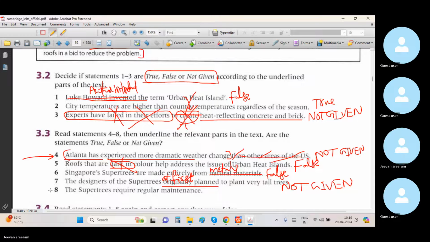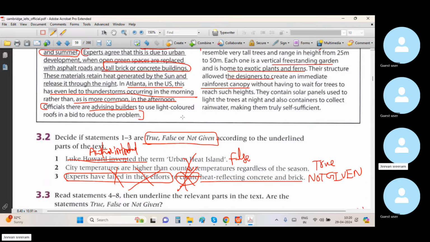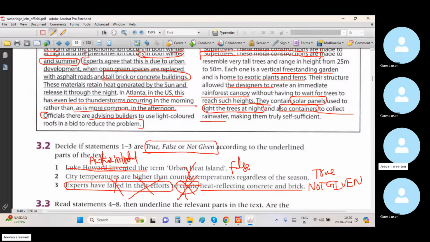Guys, do super trees require regular maintenance as per the passage? Super trees contain solar panels, used to light the trees at night. Okay, even at night there is no problem with light. They also have containers to collect the rainwater. The plants and ferns can make use of rainwater, because there are containers attached to that structure, the super tree, where rainwater is collected, and also clear lighting for the ferns and exotic plants to grow within the super tree,